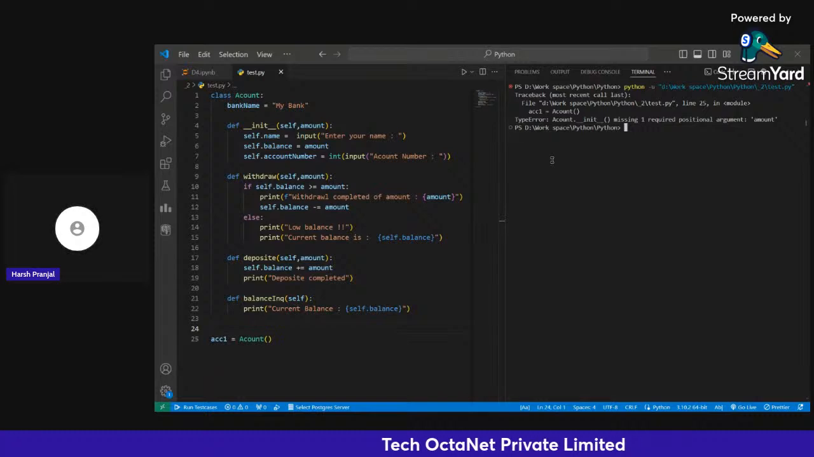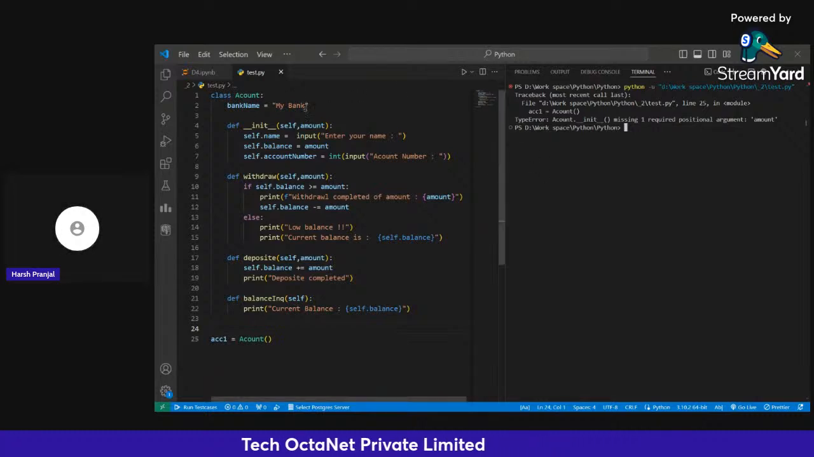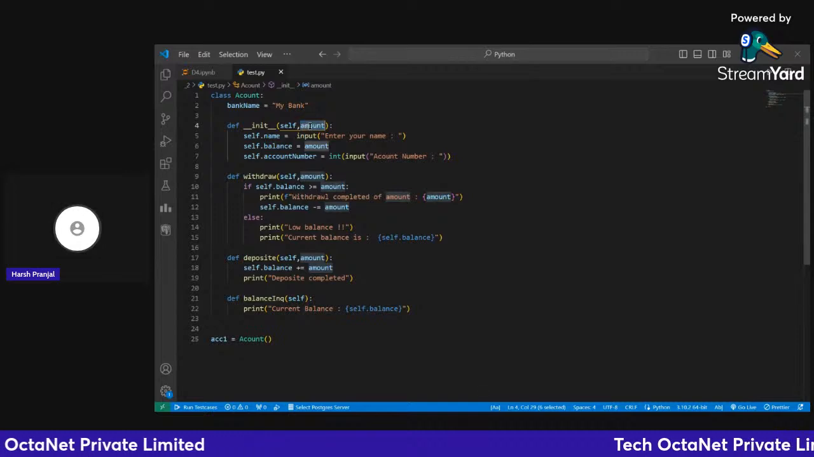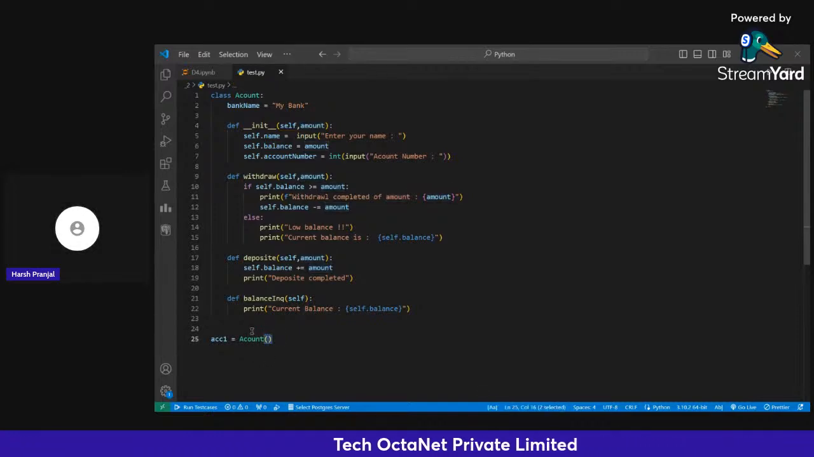Yeah, variable amount is not defined. It means that this constructor, this init, is trying to create a memory and it is asking for amount, but we are not transferring anything, right? There is no argument here. Okay, so first take the amount